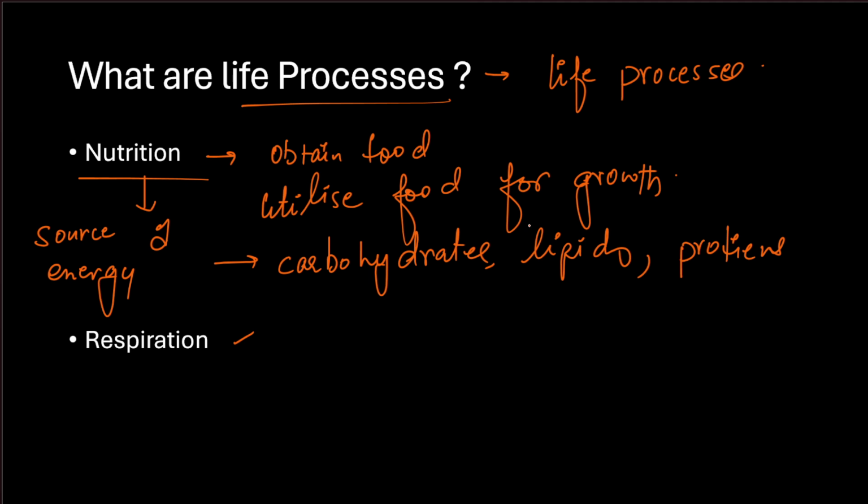Now, plant nutrition involves the process of photosynthesis. Plants are autotrophs. They make their own food with the help of chlorophyll, right? So green plants synthesize their own food. And animal nutrition is heterotrophic. They take food inside the body and then digest it. That food can be carbohydrates, lipids, proteins, vitamins, whatever is required for the body to live.